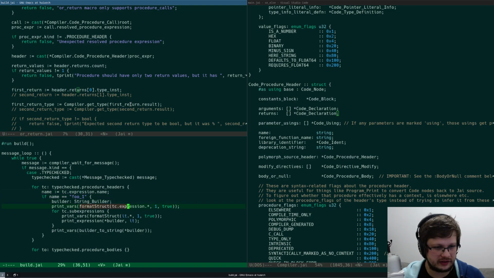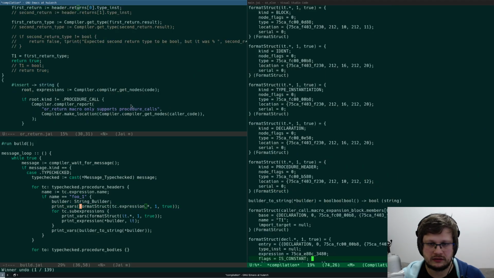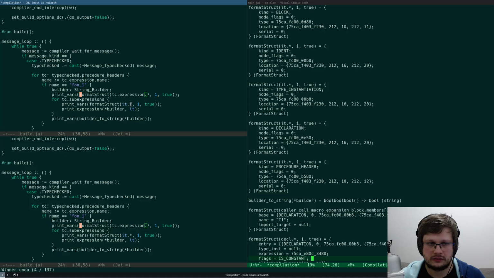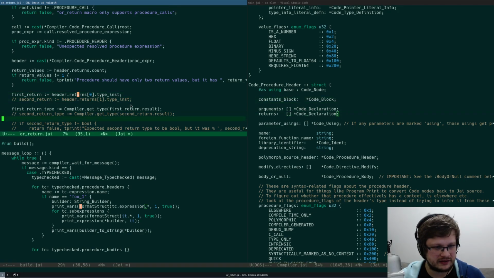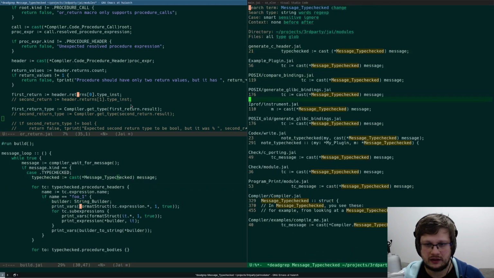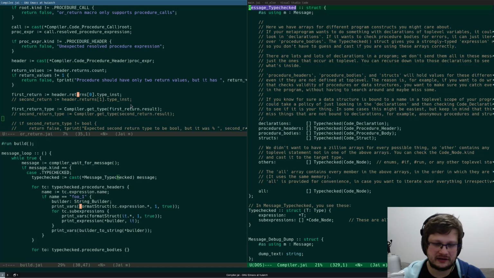So yeah, I already have this expression, right? Please help me. I'm a little bit lost here. Code procedure header. I need to get this message type checked. It's in compiler as well. So expression of procedure. Okay, it's already casted. That's what I wanted to test.